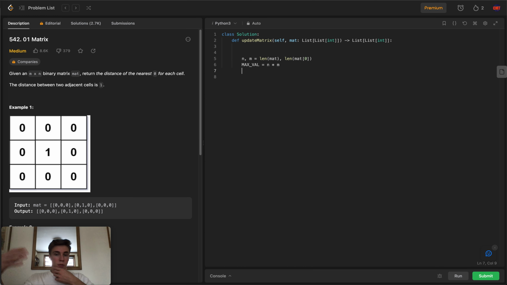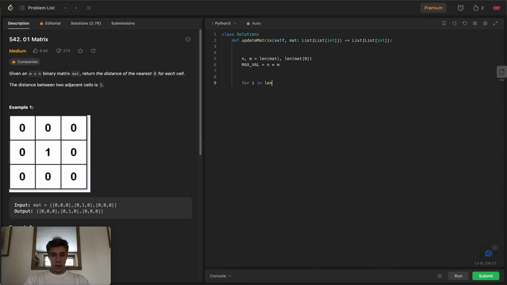And I was sort of thinking about the output matrix that we're going to have, and we could have our own one. So we could create a new matrix that's going to serve as the output. But what I also noticed is that the input matrix, since it's a binary matrix, we could very easily just utilize that. What do I mean by that? Let's say that for